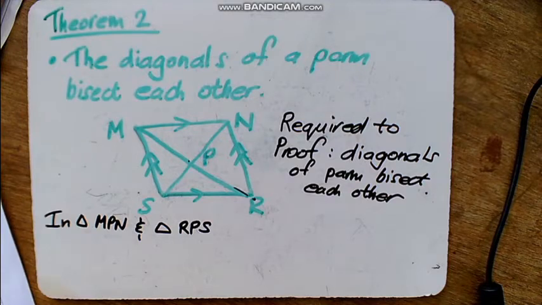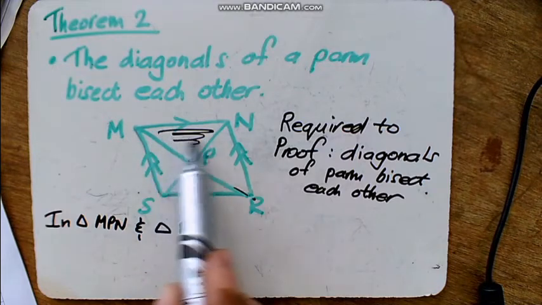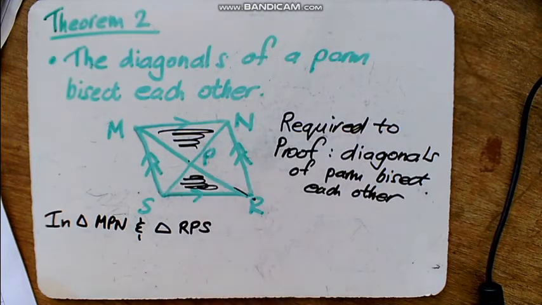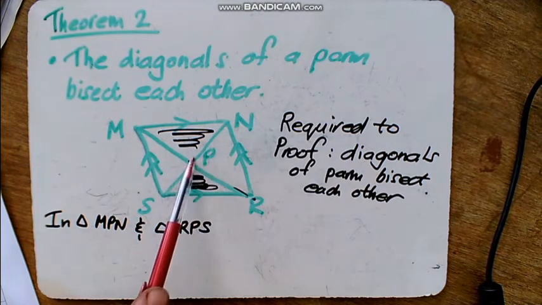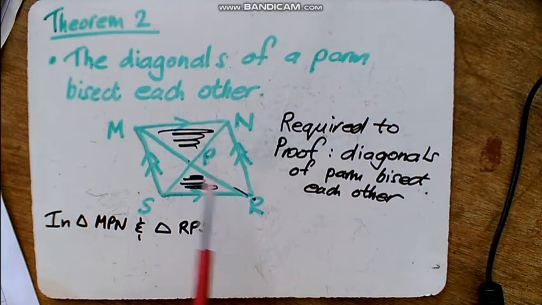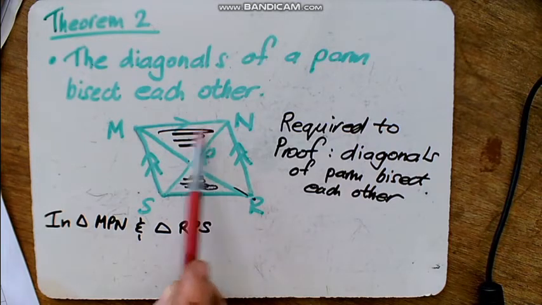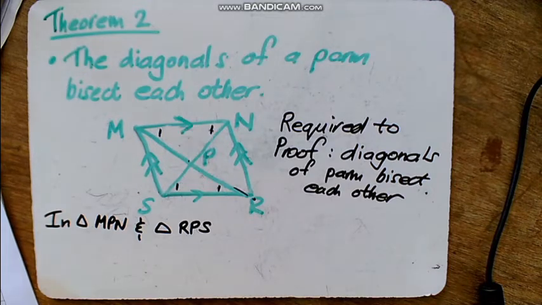First we're looking at these two triangles, triangle MPN and triangle RPS. We are going to prove that those two triangles are congruent and therefore they fit on each other. So if they fit on each other, that would mean that this piece will be equal to that piece and that piece will be equal to that piece. That's if we can prove that this whole triangle is congruent to this whole triangle. All we're going to do is add in the ones,